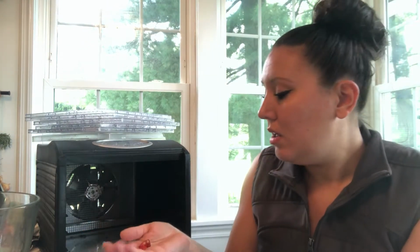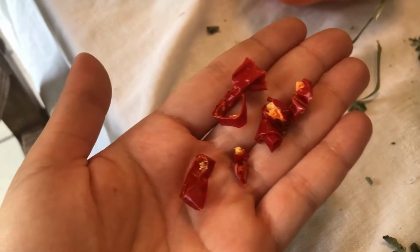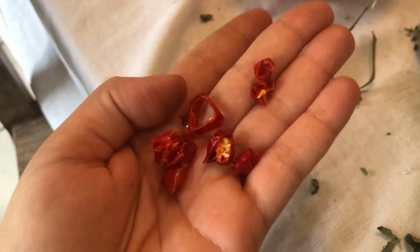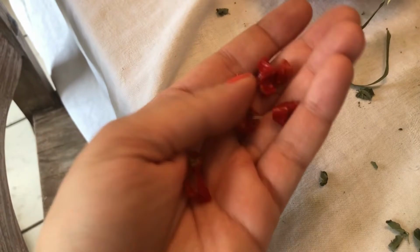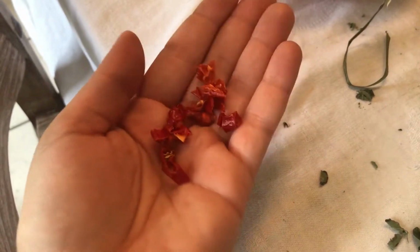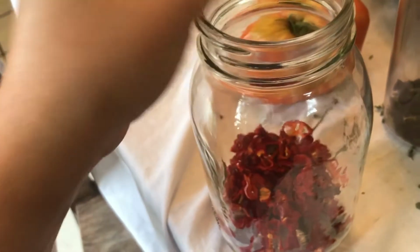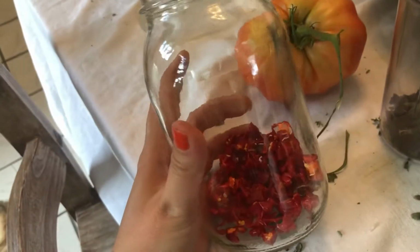Or what I've also done is I have chopped them up and put them in my dehydrator. Excuse the mess, it is processing day. But here you can see what my chopped up peppers look like. So they're fully dehydrated and to the point where you can kind of snap them. They're crunchy, you can hear that. And then what I do is I just store them in a mason jar. You can go ahead and put the lid right on the mason jar, and these are going to store just fine